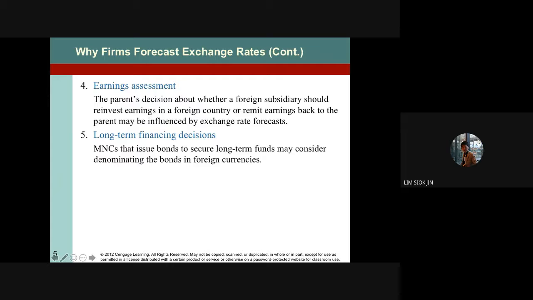long-term financing decisions. So companies that issue bonds when they want to borrow or they want to invest might want to put this money into the long term. Okay, that means exceeding 1 year. And things that exceed 1 year are subject to much higher exchange rate risk. Okay, and this is also another thing to consider about exchange rate risk and the need to forecast